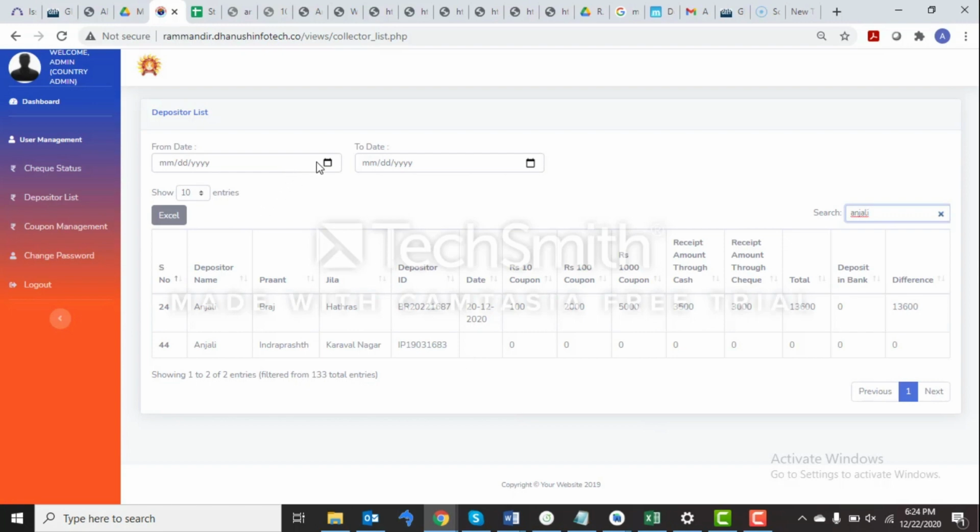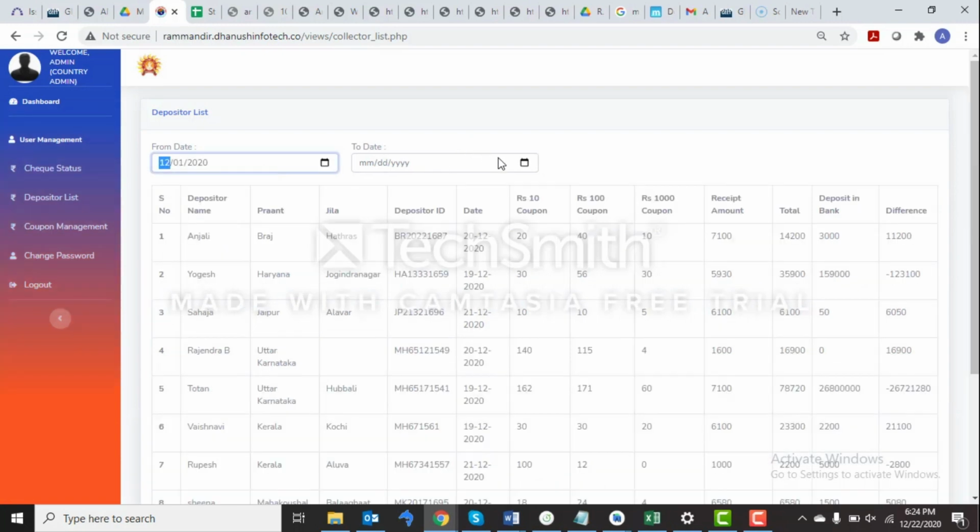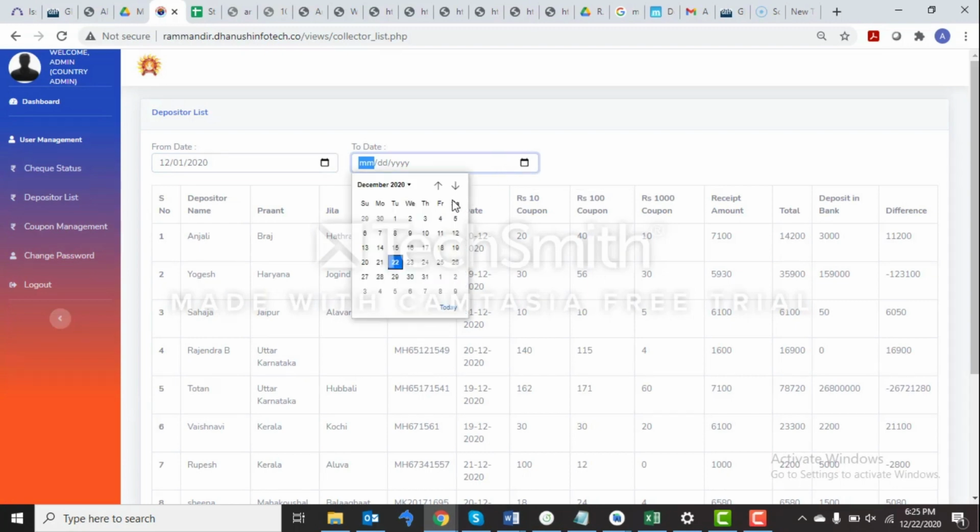We can also apply date filters over here, like we can apply from date and to date, so that we can get the list of all those depositors during this particular time period.